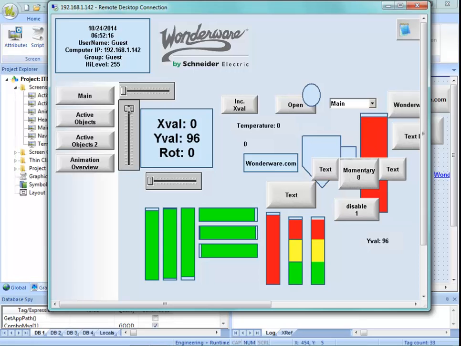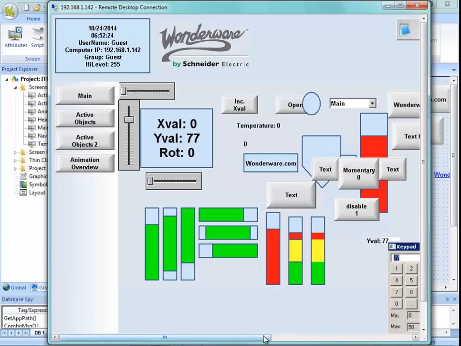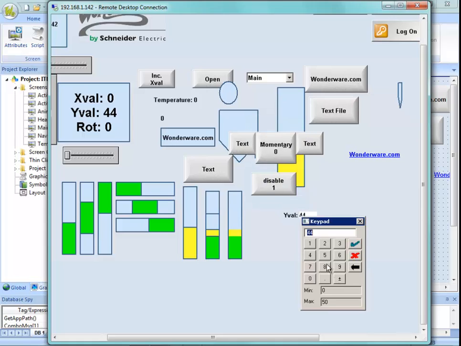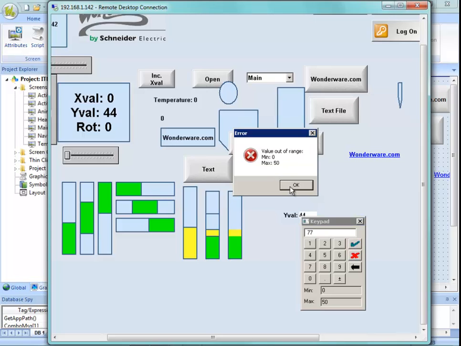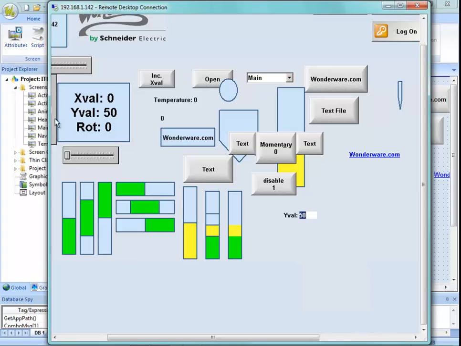So for example, you can see here that as I change the value, I can go above 50. When I try to type in, and I still have the keypad turned on, but that's okay, you can see here that it shows the min and max, and that was a setting in the keypad setting. If I try to change this to a value, let's say 44, it will let me do that. If I try to change this to a value that's above or below that range, it will prompt me and say, hey, it's out of range, keep it within these values, and then I can change that if it's within that limit. But again, notice that it's not